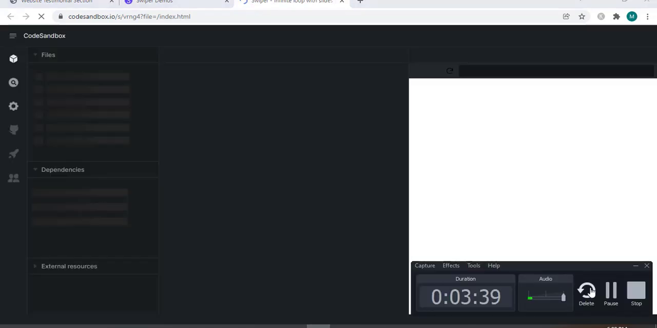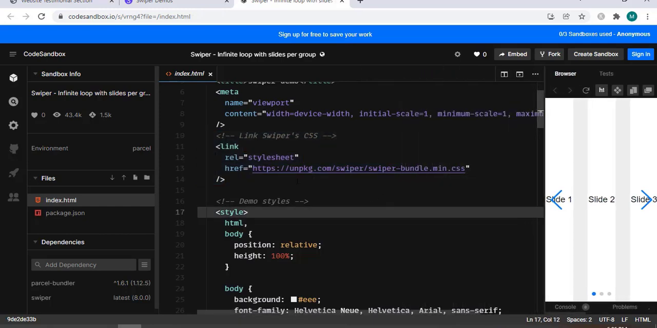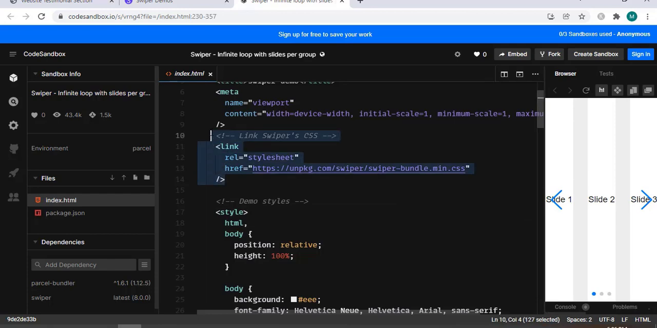So click over here, core. After you click, it redirects into this page. So here we have the design. Here we have an HTML part, a CSS part, and also a JavaScript code. So copy this link right here,